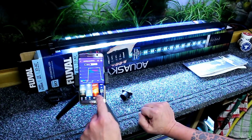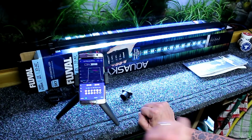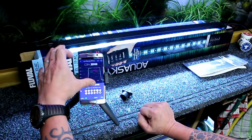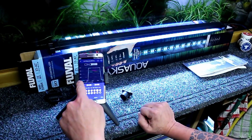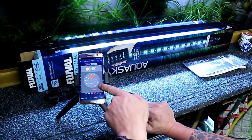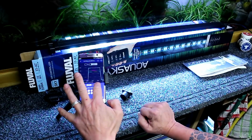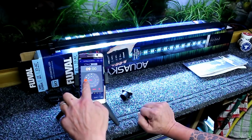Dramatic effects as well. We go into dramatic effects, we can enable that there, and then you've got a timer. So if you want, you've got Sunday, Monday, Tuesday, Wednesday, Thursday, Friday. If you want lightning to come on, you put your time in there, gives you your time, you put in, say, from 3 o'clock, whatever, to, on that one, you move that around with your finger, you see, to what time